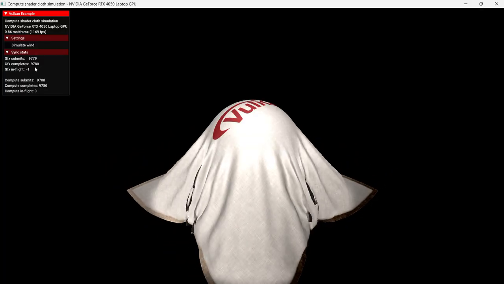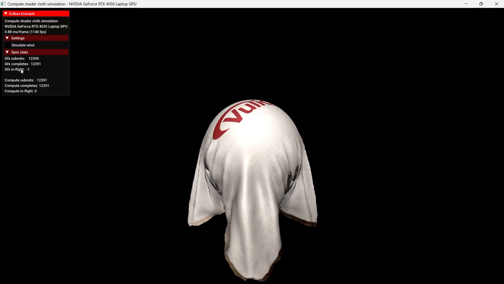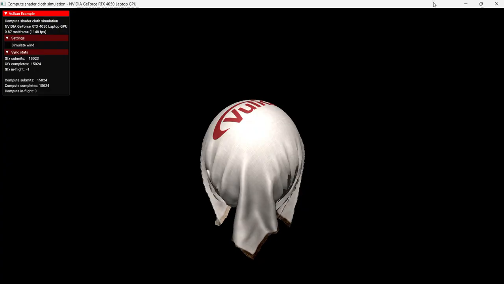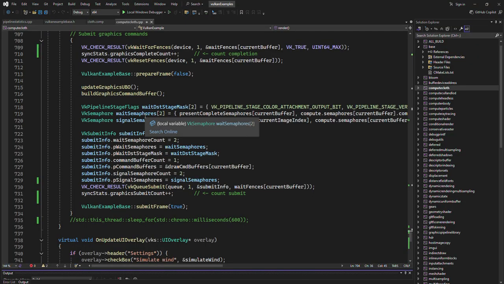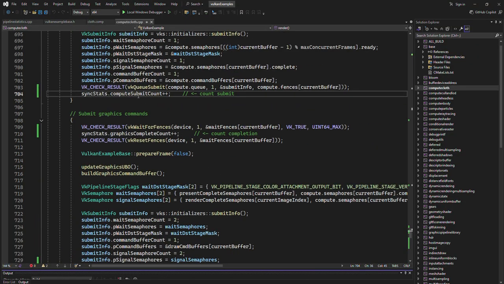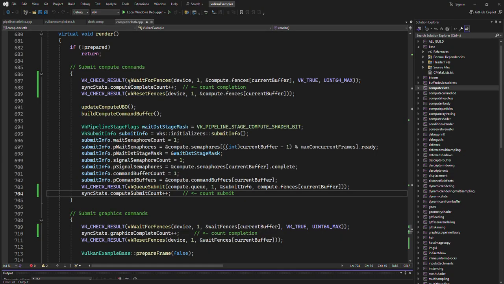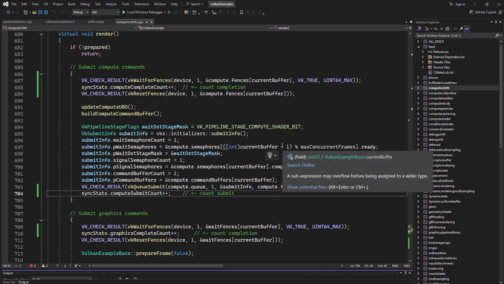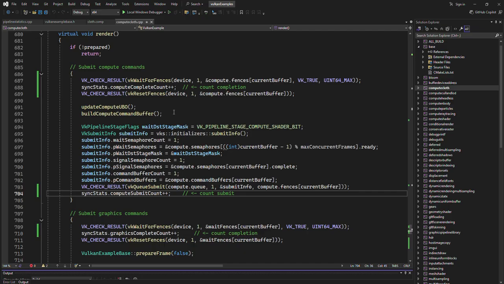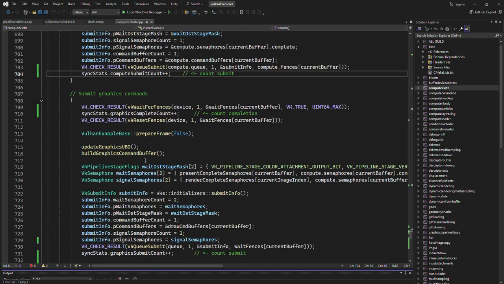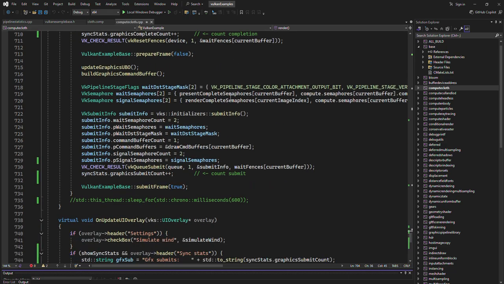Again, we have a difference between the two, which we'll see in more detail in a second, because we have the graphics in flight. And you guys remember from our previous discussions that unlike compute, where you compute and then you submit and then wait for completion, which is what they call a serialized process, right? For graphics, we submit, we complete, but also